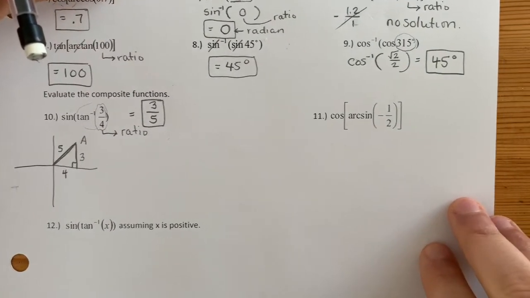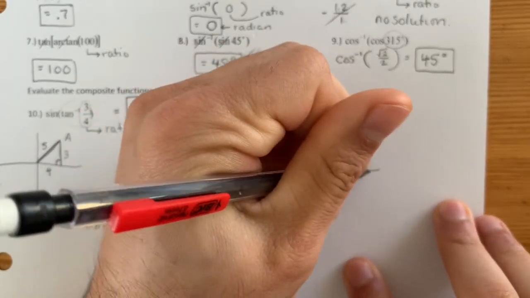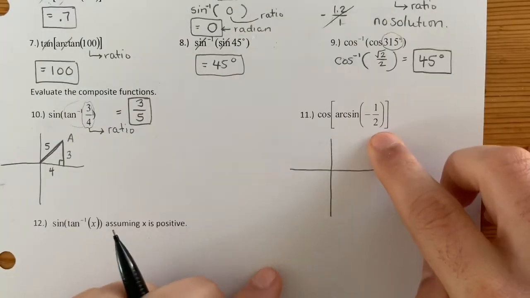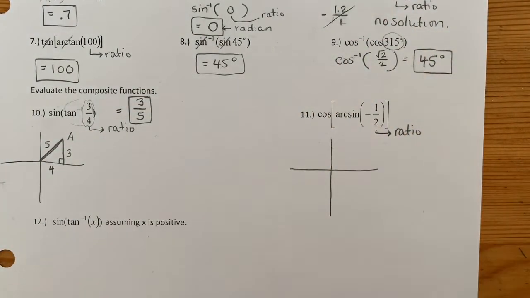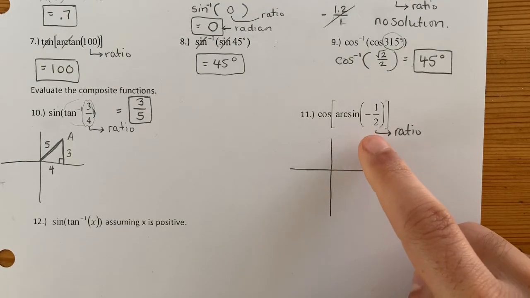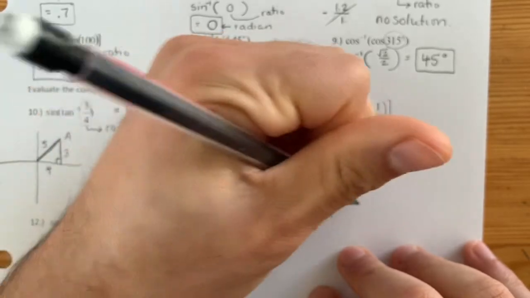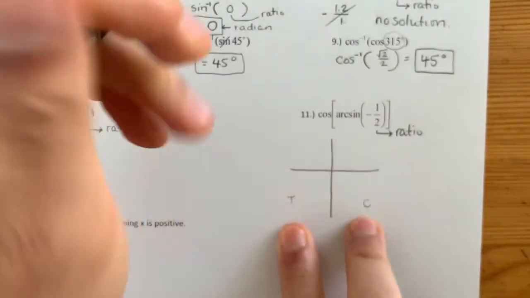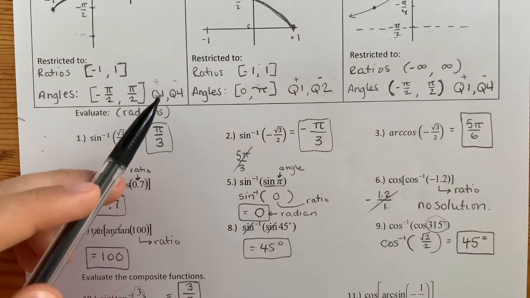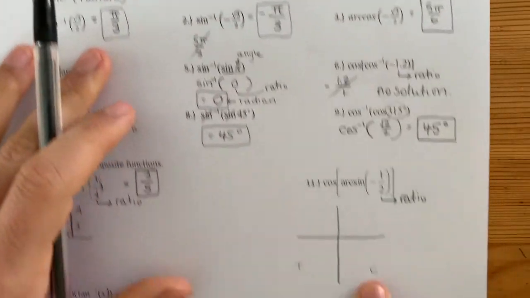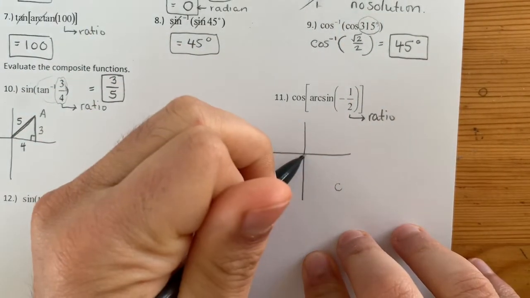Here's number 11, same idea, same concept here. So arc sine of negative 1/2, this is the ratio. So sine has to be negative in either the third quadrant or the fourth quadrant. But because inverse has restrictions to either the first or the fourth, I know that it's not in this third quadrant. So here's my triangle